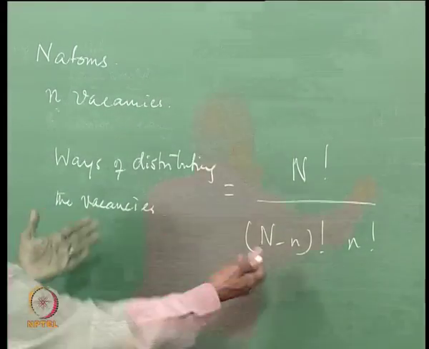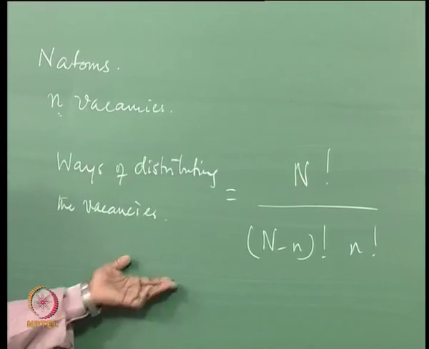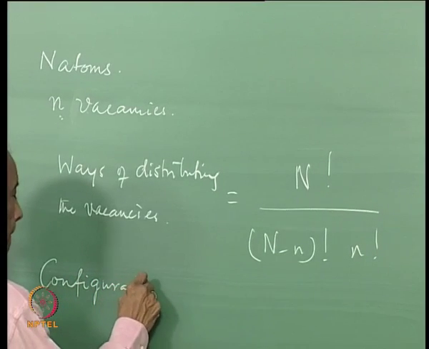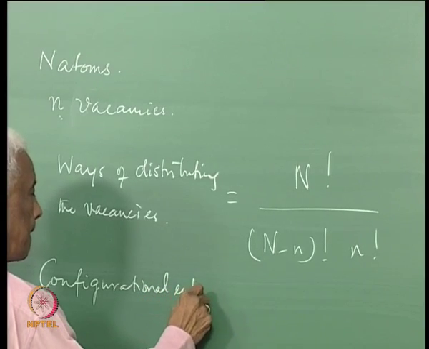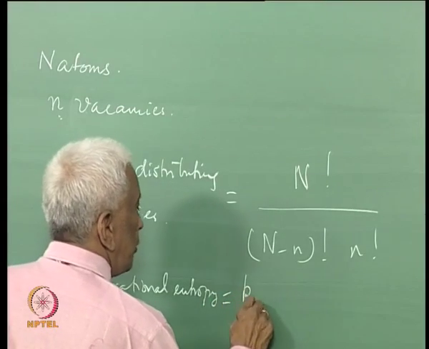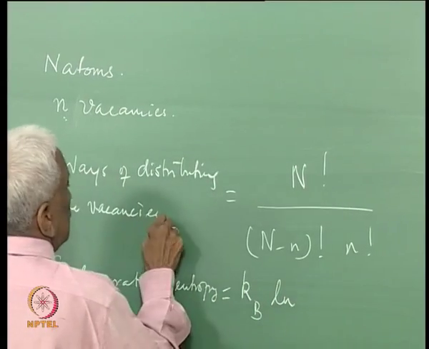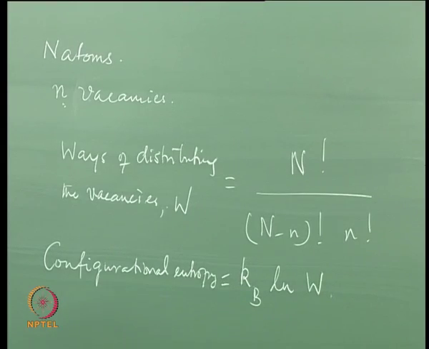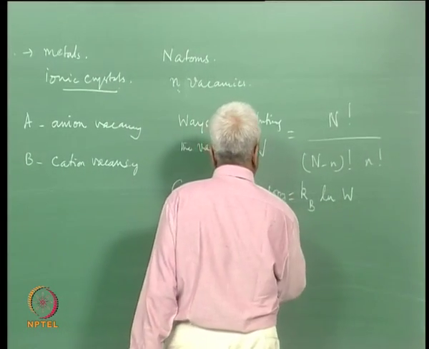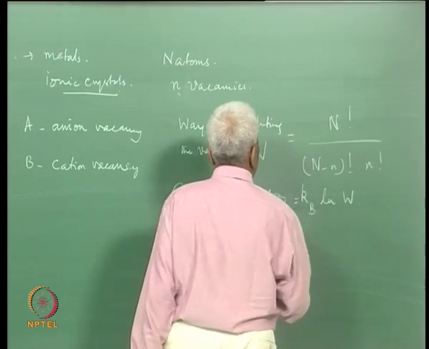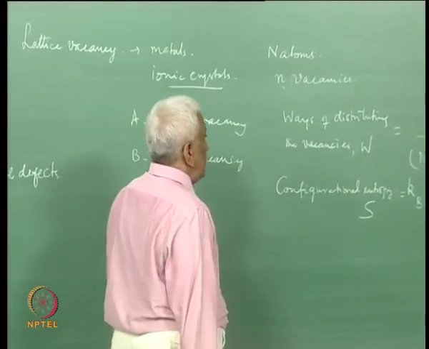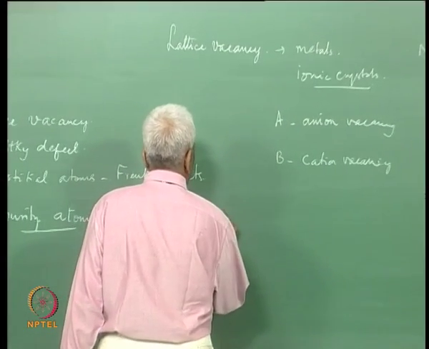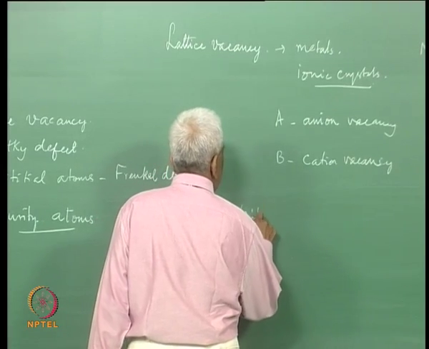So, these are the total number of ways, and because of this there is a configurational disorder and therefore an entropy associated with it, which is given by the famous Boltzmann formula S equals k_B log W. So, this is S. At any finite equilibrium temperature T,